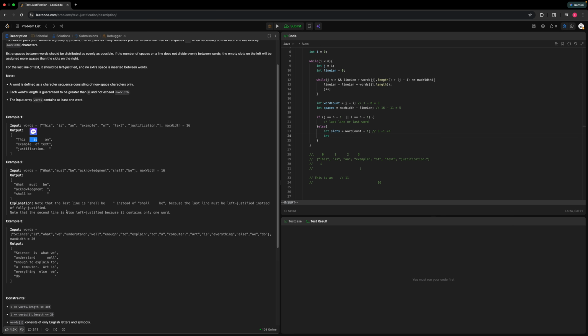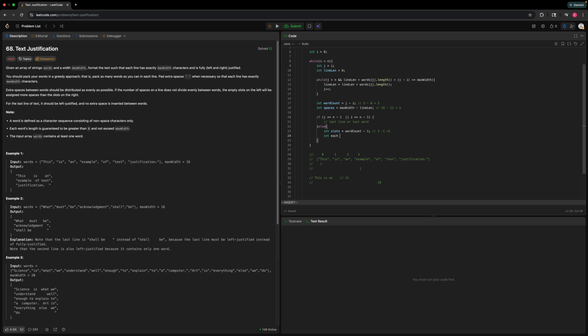This is called what? Each word, right? Each word, how many? And then spaces divided by the slot. And the extra is equal to the spaces modulo the slots. Because we have some condition here, you can see if the number of spaces on the line does not divide evenly between the words, the empty slots on the left should be assigned more space than the right side. The left side should be more than the,